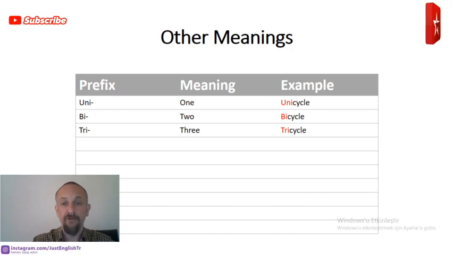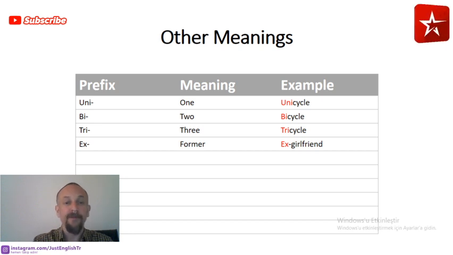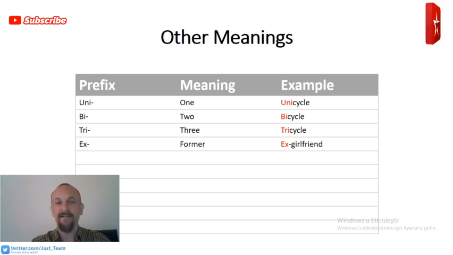Then we saw that tri means three, so a tricycle would be something that maybe a young child would use, a bike with three wheels, one at the front and two at the back. We saw ex meant former. I think in Turkish this would be translated as eski, but it doesn't mean old. We don't say old. When we say former, we mean the one before, former prime minister, former president, or maybe the ex-presidents,